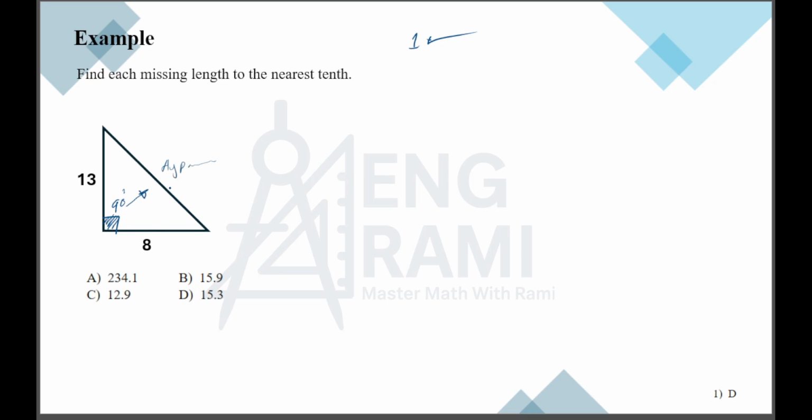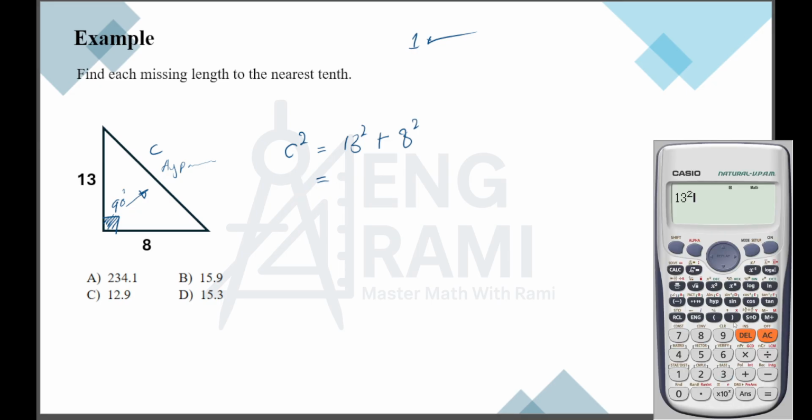How can I find the length? We know this is C. C squared equals this side squared plus the other side squared. Then C squared equals 13 squared plus 8 squared, which equals